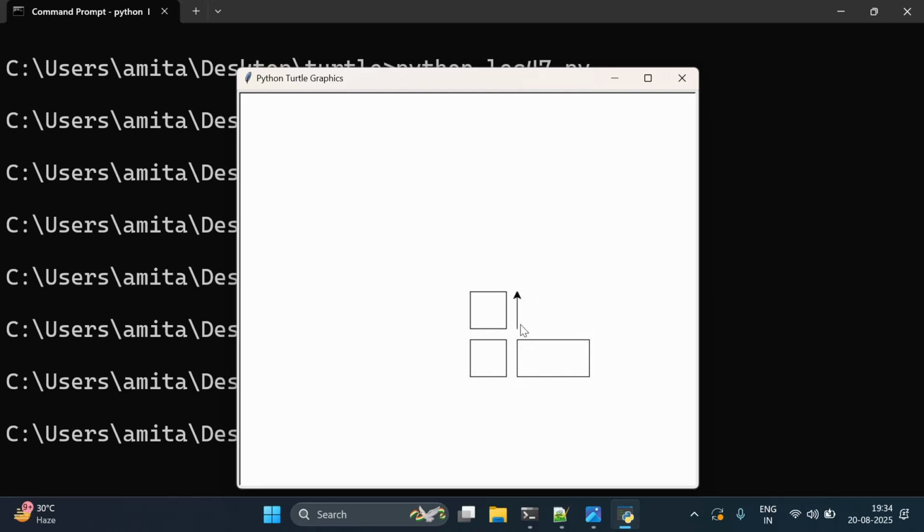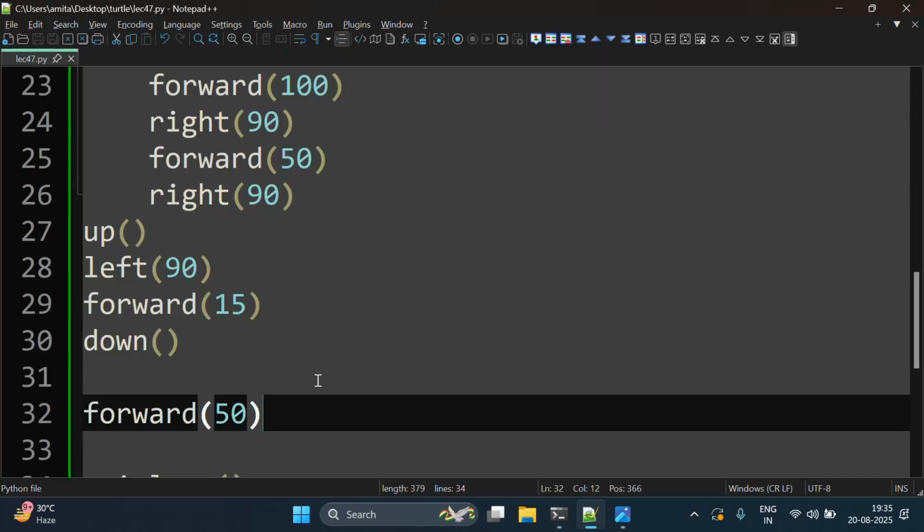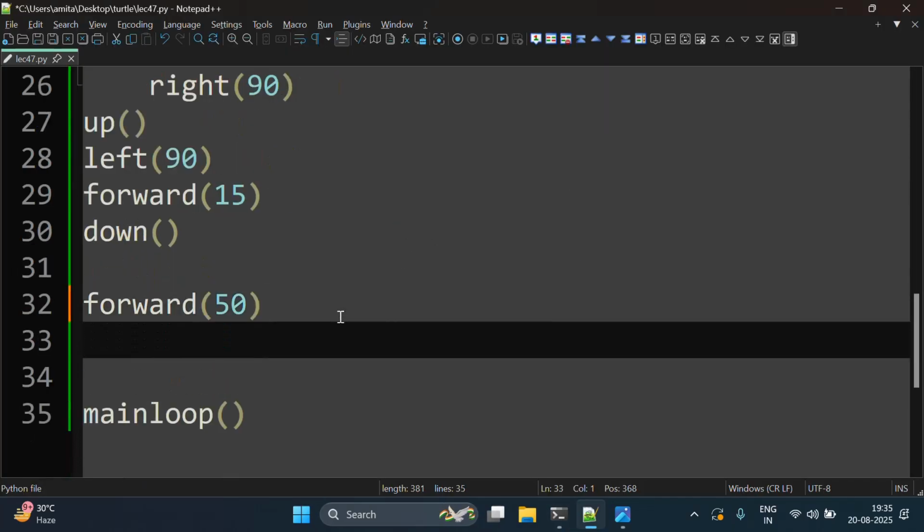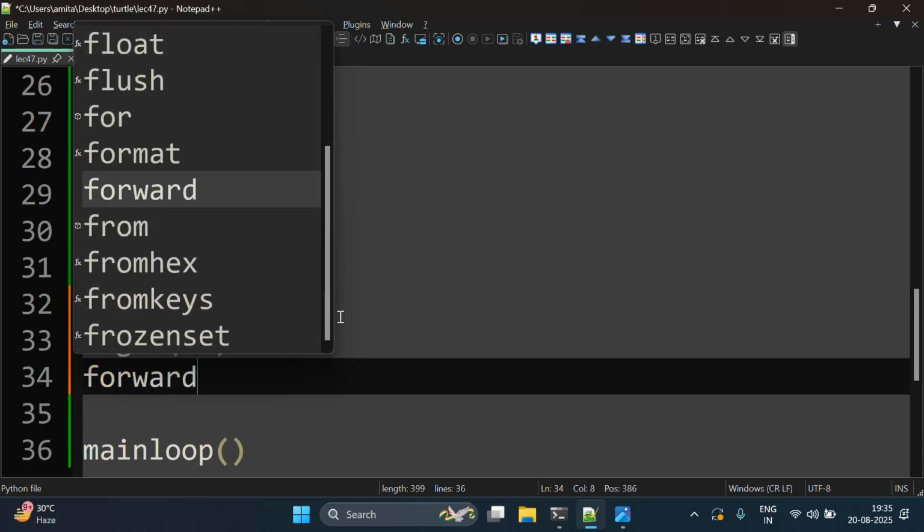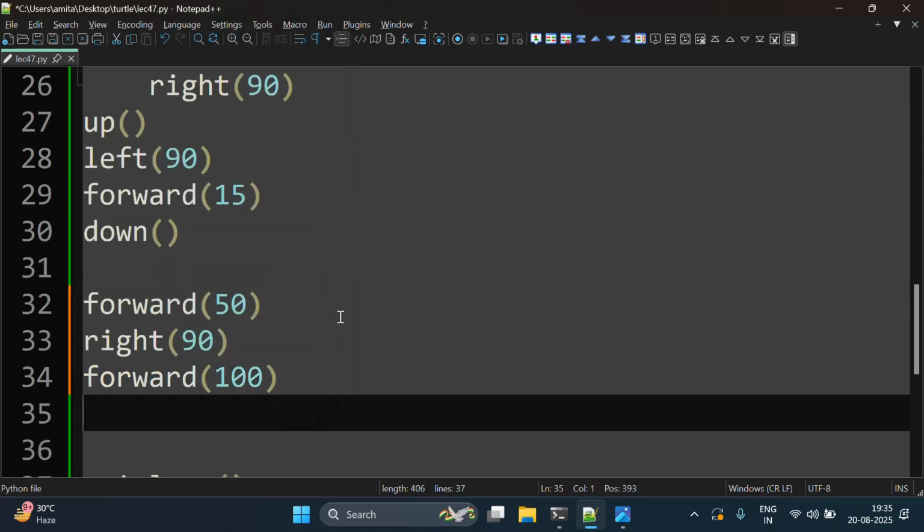Okay, so this side is made correctly, and now the next thing is to rotate it towards right, move forward by 100, then right by 50, then right and then 100. So we can use the for loop again. Right 90 and then move forward by 100, then right 90, and we can just make this loop